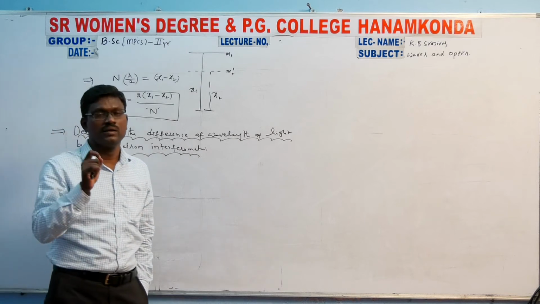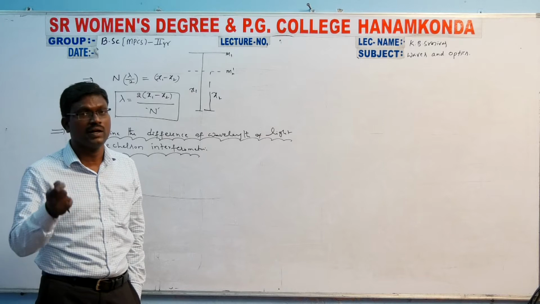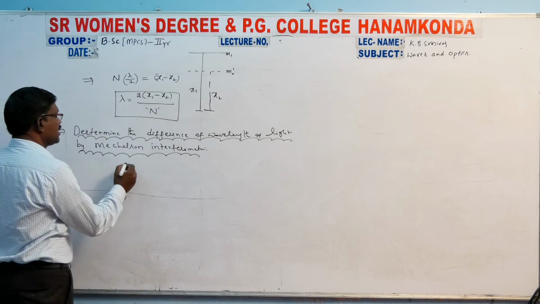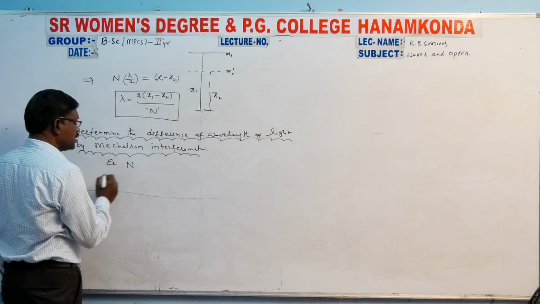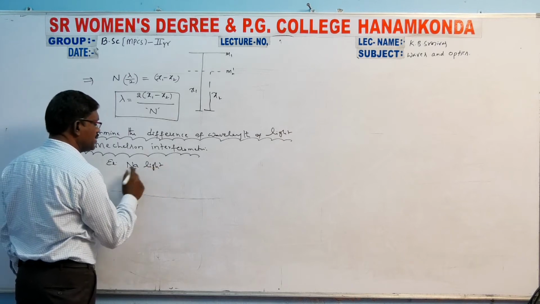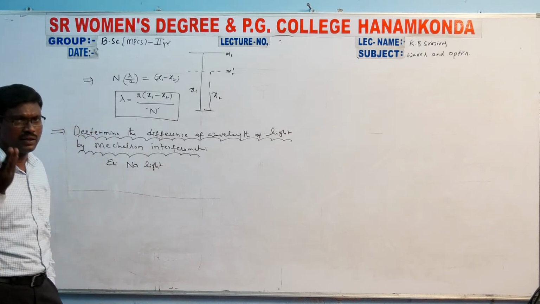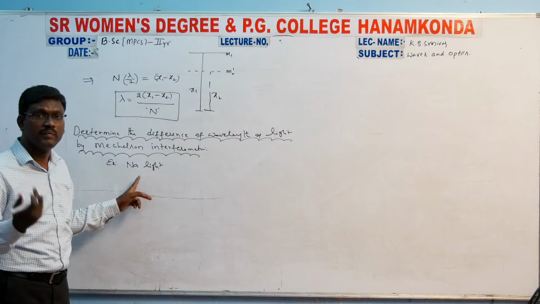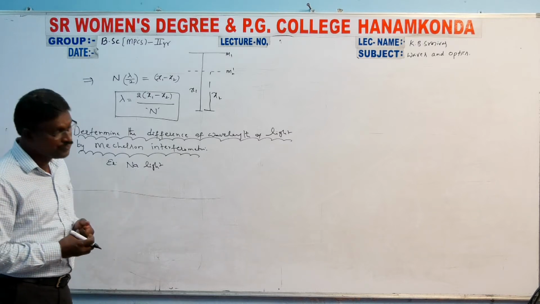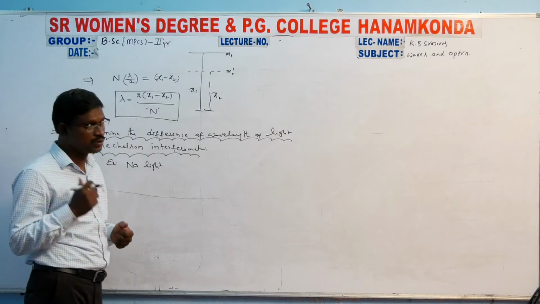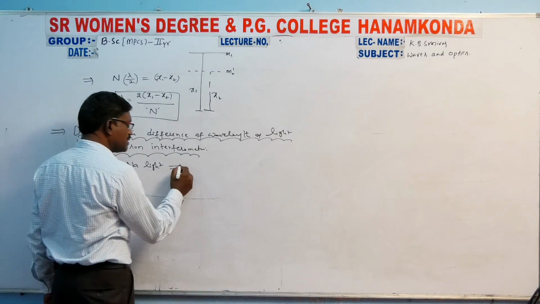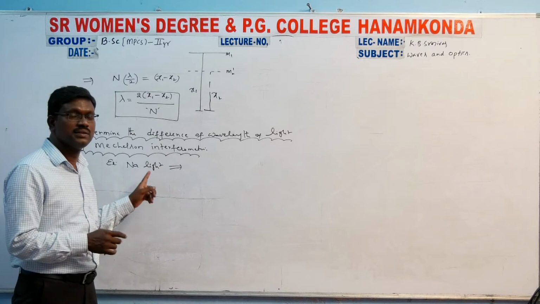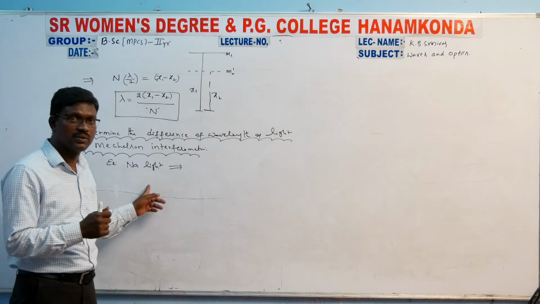Even if we consider a monochromatic light, it may consist of more than one wavelength. Here I am giving one example: sodium light. I think everyone is familiar with this light. Sodium light is generally used in traffic signals, and it emits yellow colored light. If you observe the sodium light with a spectrometer, you can observe two lines in the sodium spectrum. Since it is a monochromatic light, it may give one wavelength.